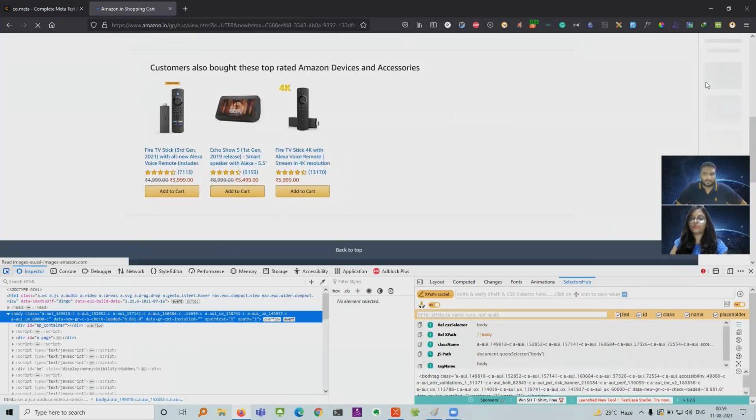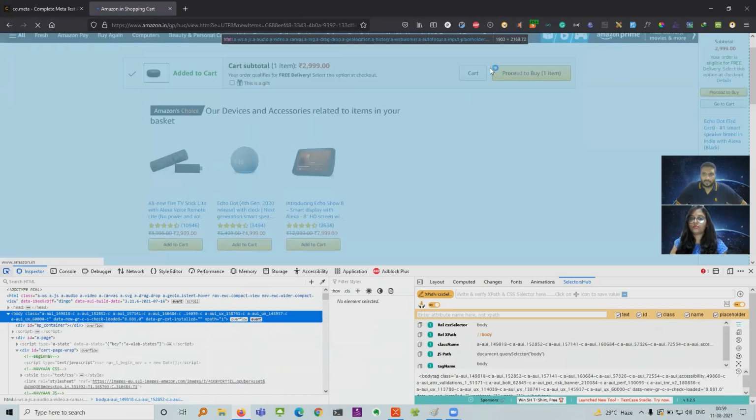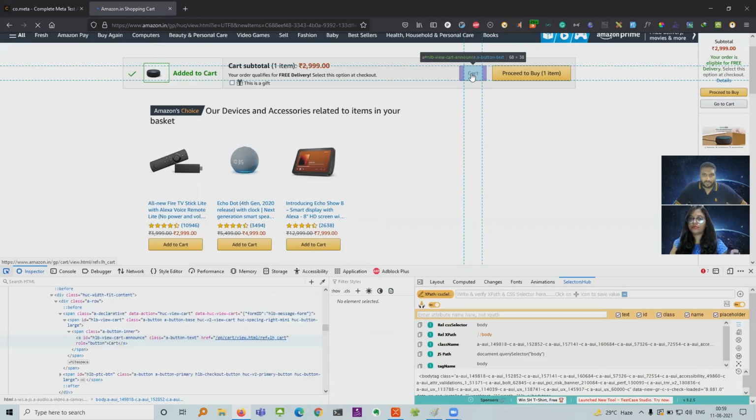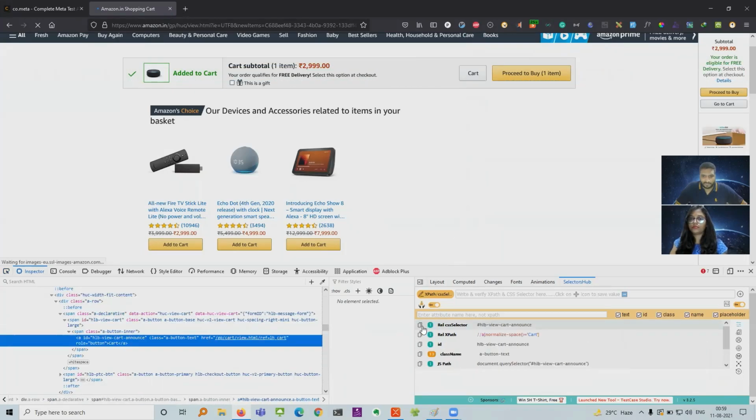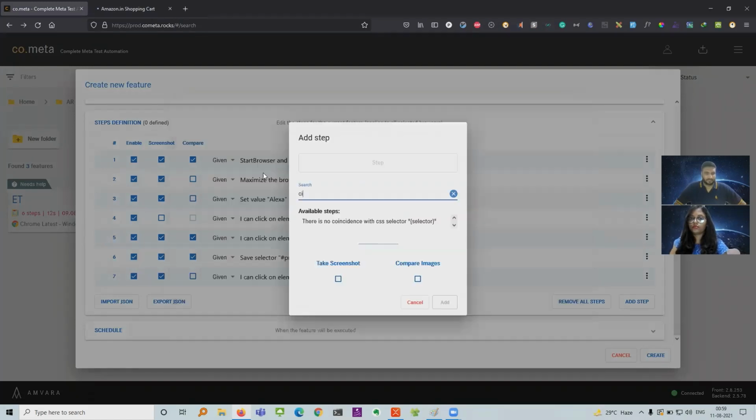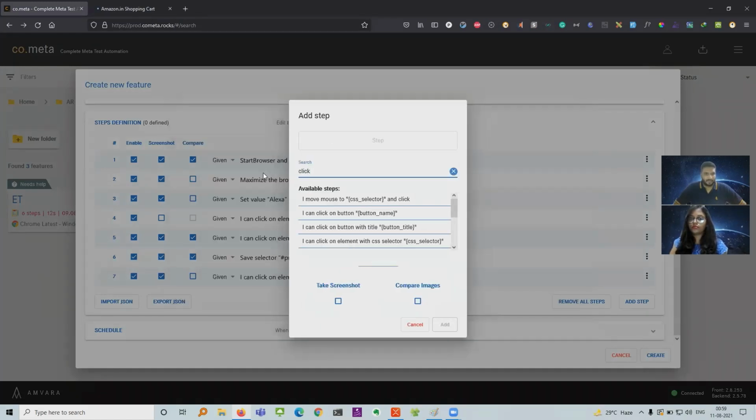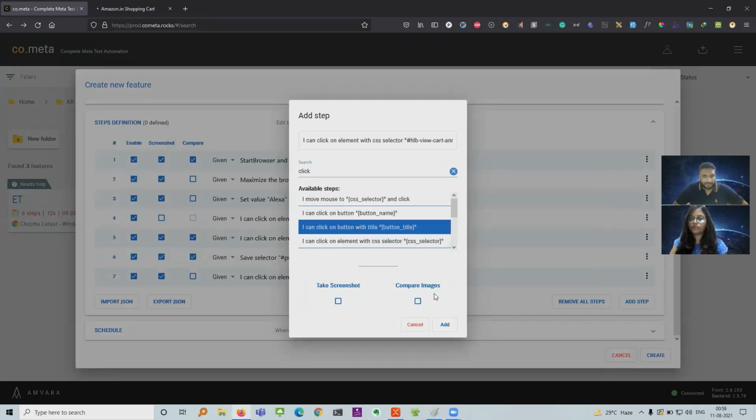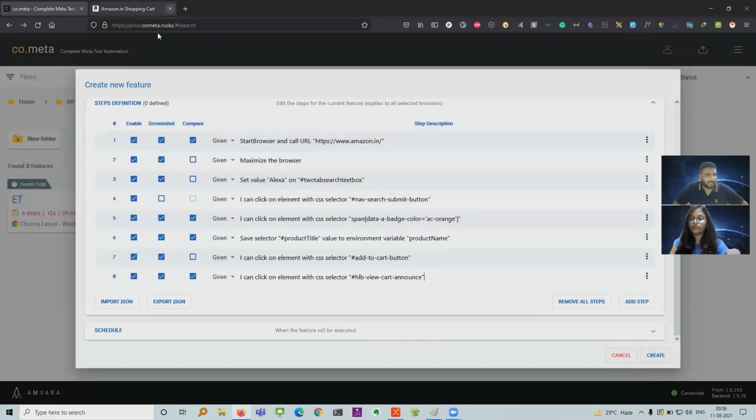So I'll quickly go here to this cart, and I see an XPath. Copy this and click. So this is done, and you can take screenshot, compare image. Let's try that. And